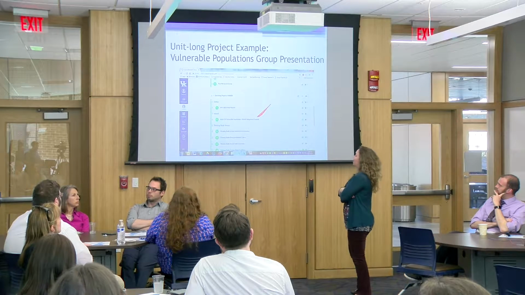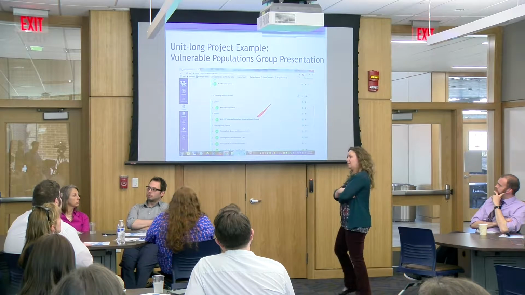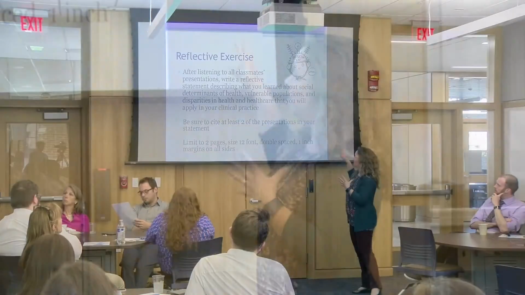So what I did was, it was a vulnerable populations group presentation, and it's in the nursing quality and safety course that I teach. And so the groups broke into, we have about 15 to 20 students depending on the semester, and they broke into groups of 3 where they worked together and they identified a health disparity in a vulnerable population. And they selected a clinical problem and they looked at the research related to that problem. And each one had to do about 5 research articles, and they had to synthesize the research, and from that propose a strategy to address the problem, do a 5-minute presentation, put it on the discussion board.